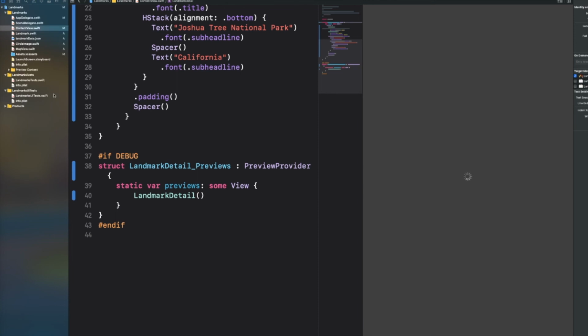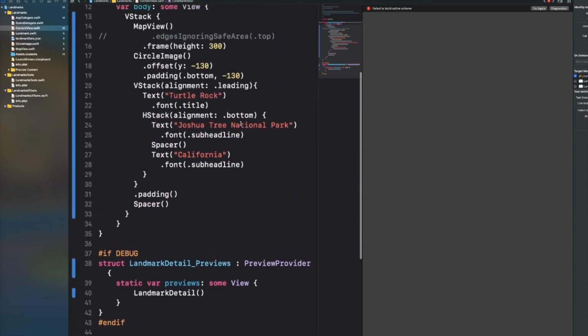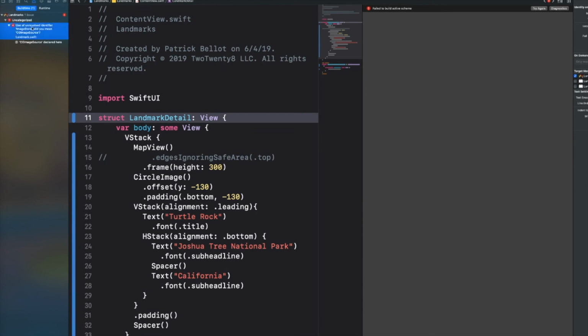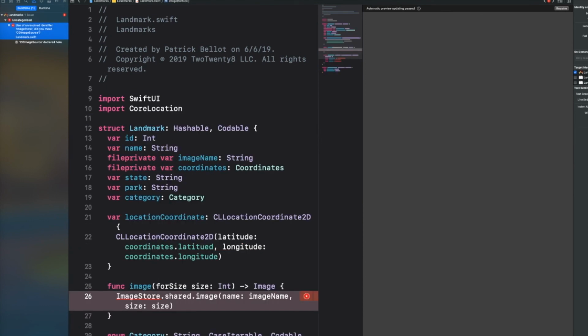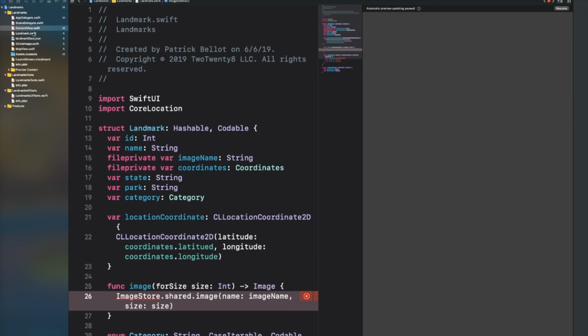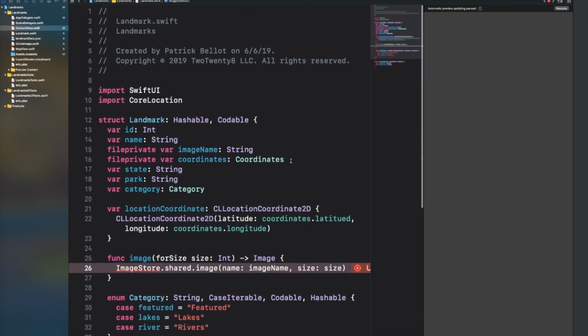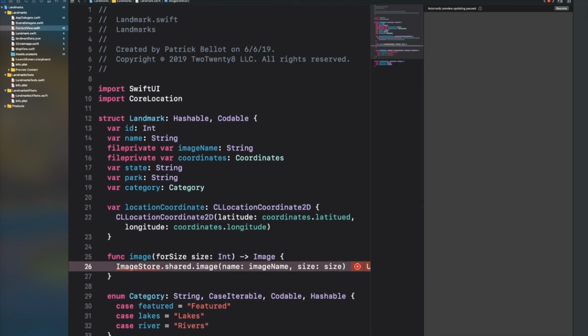It's not going to build until we get that ImageStore in place. Until we do that, I'm sure that's coming up in the next section. But until then, what we have so far,